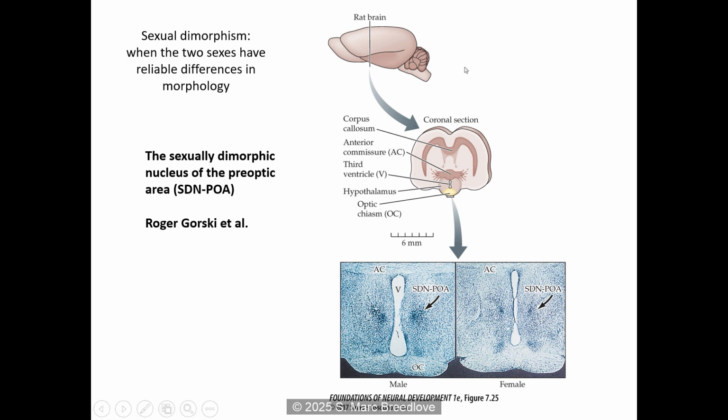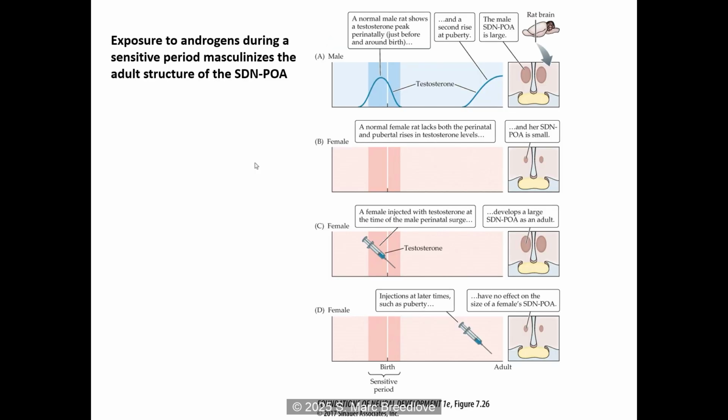Okay. So the best studied sexual dimorphism in the brain is portrayed here, and it's a portion of the preoptic area in the anterior hypothalamus. It's a portion where there's a nucleus that you see in Nissl stain that's about 3 to 5 times greater in volume in males than it is in females, and so they called it the sexually dimorphic nucleus of the preoptic area, or the SDN-POA. And the SDN-POA conforms beautifully to the organizational hypothesis.